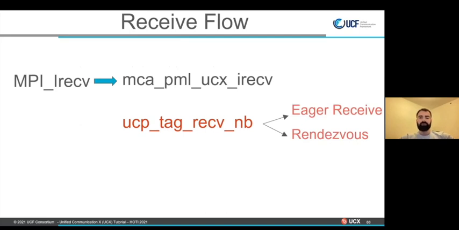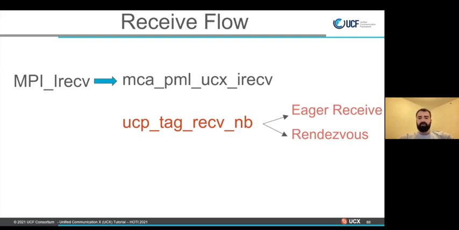There is some conversion logic of the tag. In MPI, we have wildcards for the sender rank or the tag itself. In Ucx, we have tag and tag mask. So we pack everything into a 64-bit value. We calculate the mask, which would be different, for example, if we have a wildcard,